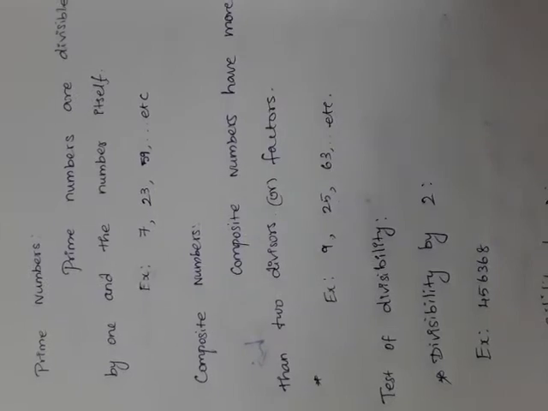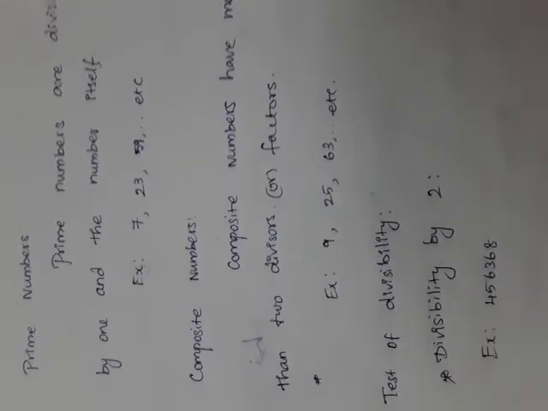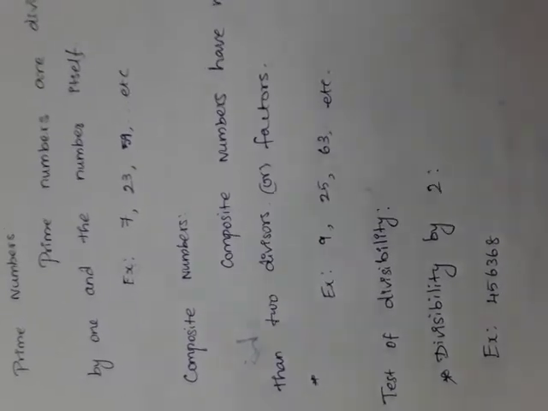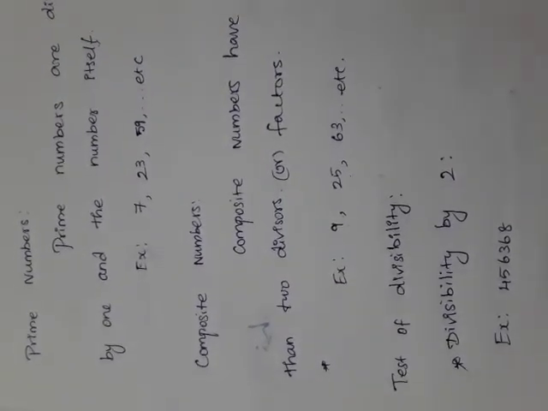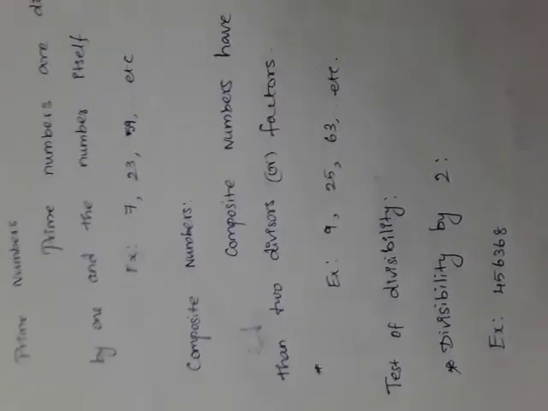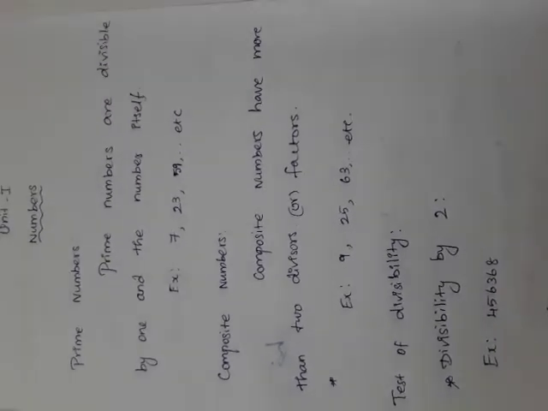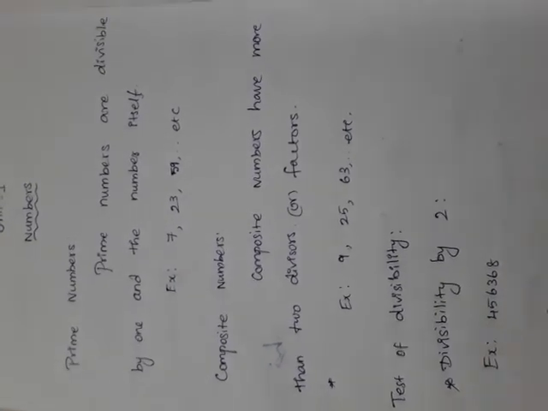A prime number will be divided by only one and the number itself. It will come only in the first table. But a composite number will come in the first table as well as some other table. More than 2 it will come: the first table and one more table, etc. Hope you all understood. Just play this video 2 or 3 times, then you will understand. Following this, I will give some problems.